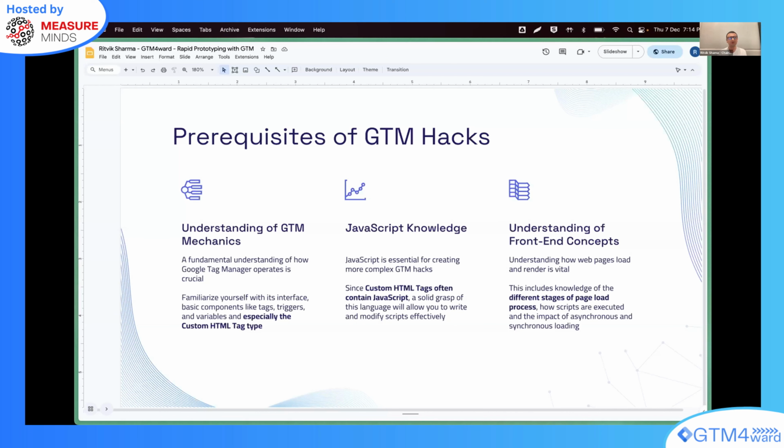You also need to understand how JavaScript works, and what the limitations are, how it should not be used, how it could be used, and so on. Because working with JavaScript in Google Tag Manager is essentially its backbone when it comes to customization, and especially when it comes to injecting front-end related hacks.